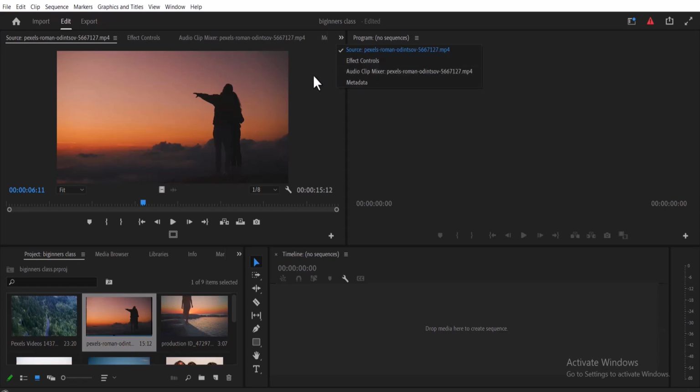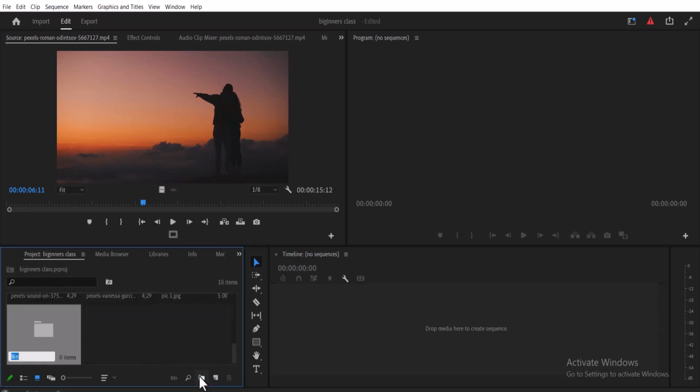The next thing I would like to show you is how to sort and arrange your clips properly. It's important that you sort your video clips to a particular bin, your audio clips to a particular bin, and your images to a particular bin. So I'm going to create 3 new folders called bins, and then I'm going to rename them to fit the kind of footage that I have. So to do that, all you need to do is to select this folder called new bin and give this a name, videos,